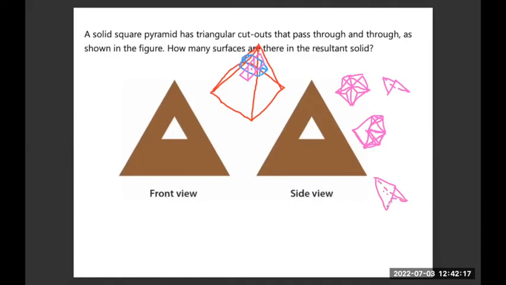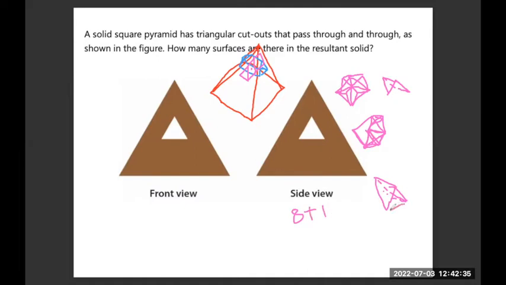This flap will be happening on all the four sides of that middle part. So 4 into 2 triangles, which will be 8 surfaces, plus 1, which is the base,